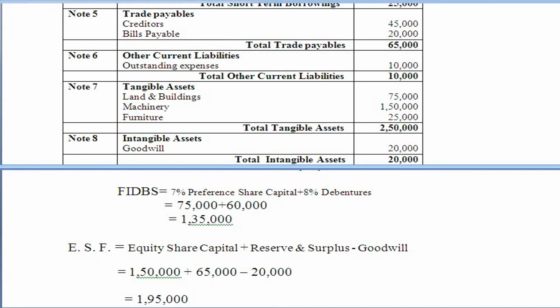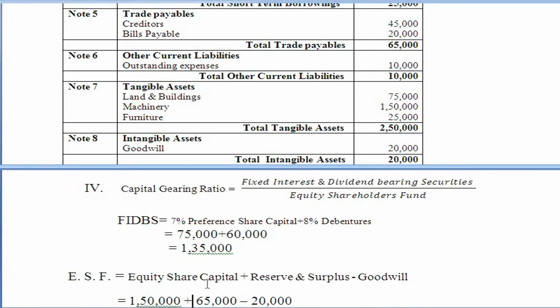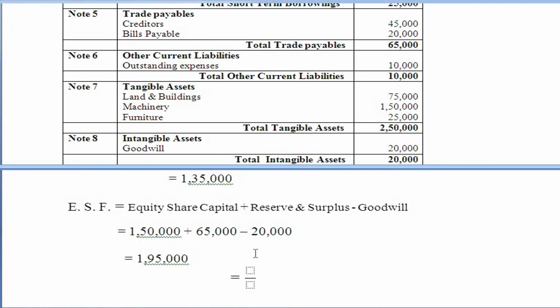Now we got the amount of equity shareholders funds, 1,95,000. Formula is here. Capital gearing ratio is equal to fixed interest and dividend bearing securities divided by equity shareholders funds. Fixed interest and dividend bearing securities is 75,000 and 60,000. So total it is 1,35,000, whereas equity shareholders fund is 1,95,000, and here is the calculation. Now put both the values into the formula. So therefore capital gearing ratio is equal to,